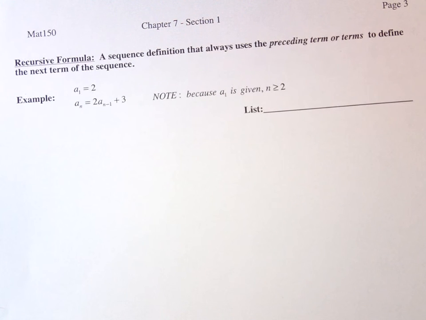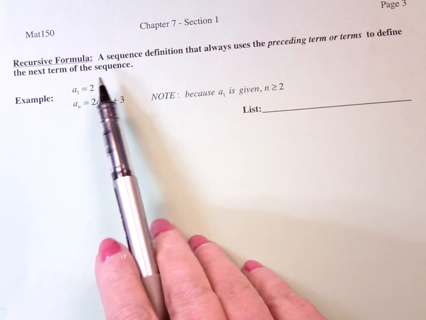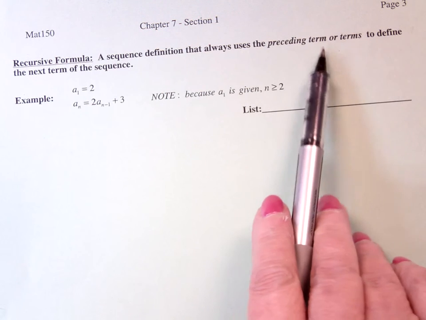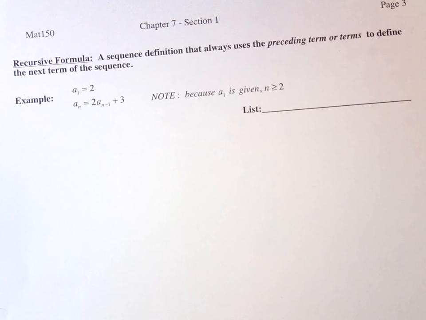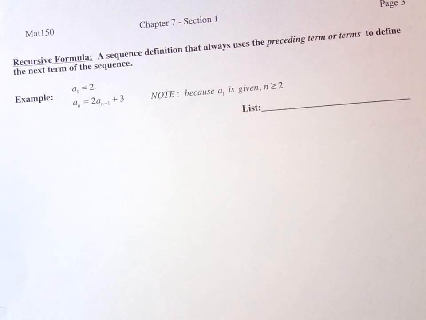This is called a recursive formula or a recursive definition. A recursive definition or formula is a sequence definition that always uses the preceding term or terms that define the next term of the sequence. And what does that mean? Well, if we take a look at what we did previously,